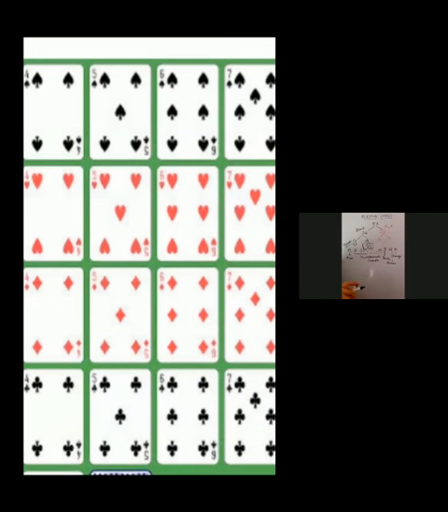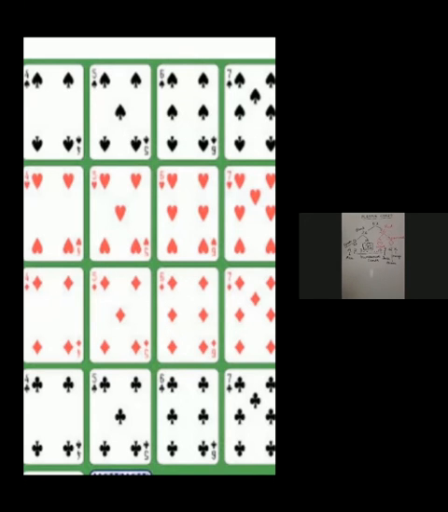Okay. Now if you look at the red cards, what is the shape? First, second line, what is the shape? Hearts and diamonds. The name of the card is heart itself. इसको heart ही बोलते हैं. And this one is known as diamond. Okay. This is diamond. This is heart. Are you clear till here?